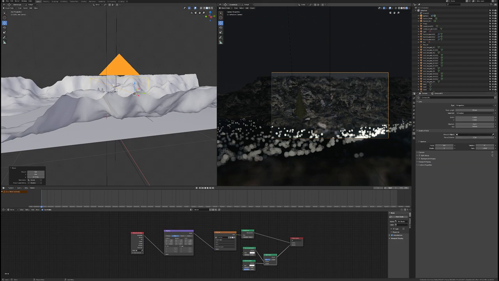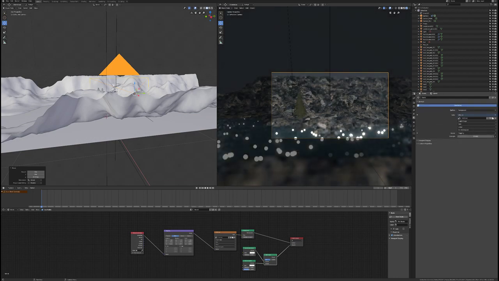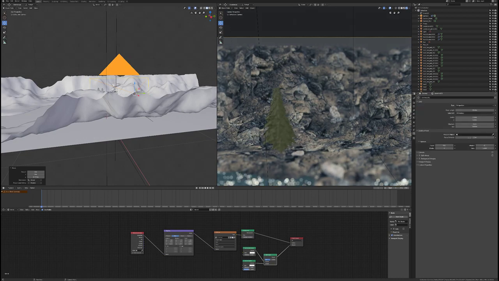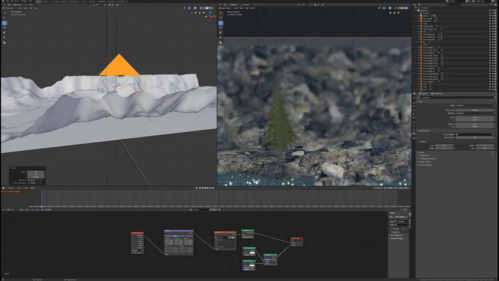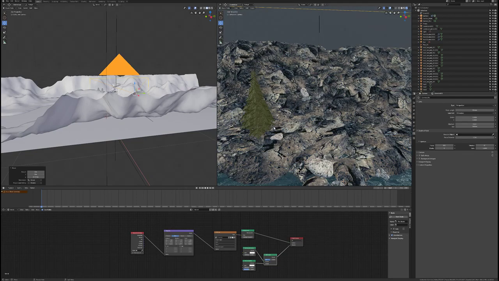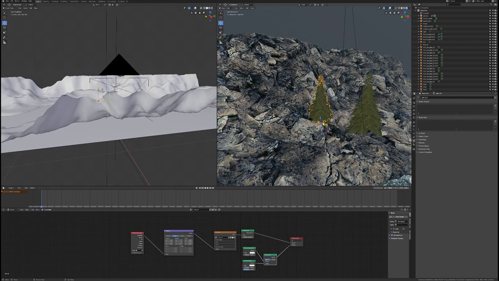So I want to get some depth of field, but definitely going to have to crank up the environment some more to get it brighter. But yeah, that tree is definitely not in focus. Oh, I'm still on my world. I need to click on camera. See if I can get, there we go. Now we've got a tree going. It does not have the best texture going around right now, but anyway,